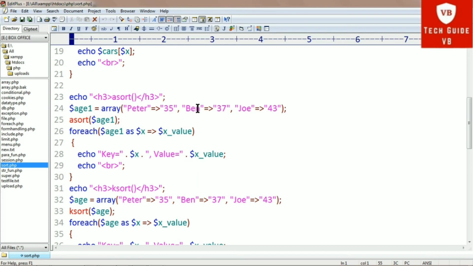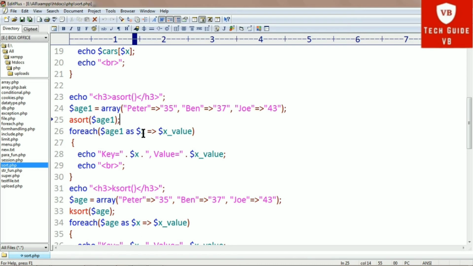Then Ben's age is 37, Joe's age is 43. After asort, it will sort this associative array according to value. And a foreach loop is used to write our associative array in ascending order according to value.